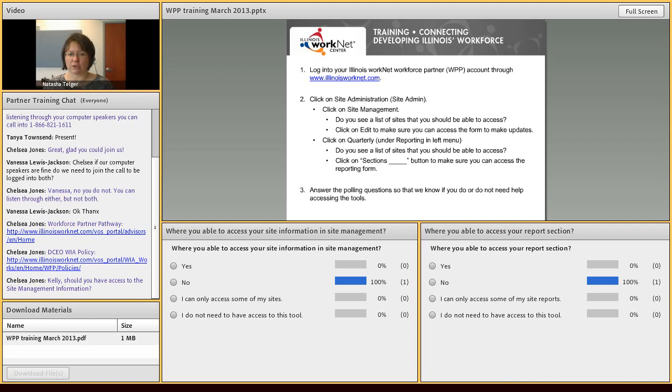For the next steps, we want to make sure that your site information is correct, because we want to make sure we don't send people to the wrong location and so forth. If you don't have a decal for your door or window, as an Illinois WorkNet access site, then go ahead and let us know. You can send us an email at info@illinoisworknet.com. If you are a new location, I have on here January 1st, but really I meant April 1st. If you're a new location, your quarterly report will